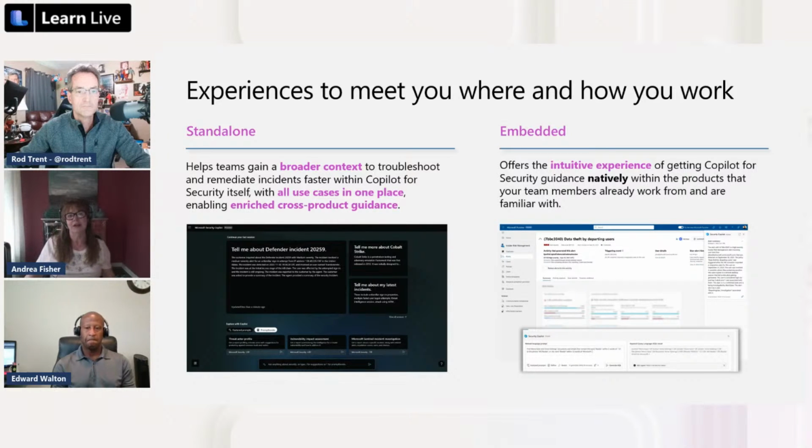For example, in Entra, you always have to go digging through when you have a user who is marked as risky, and you're like, well, why did this person get marked as risky? Inside Entra, you literally just go to that page, and it's going to tell you, oh, they had a sign in from Denmark from a device we've never seen before. Then there was a quick sign in from Germany, right? It's going to just bam those out for you, or guide you through creating a new compliance policy or configuration policy in Intune. So those are just things that I think could not be better for improving your ability to do your job quickly.